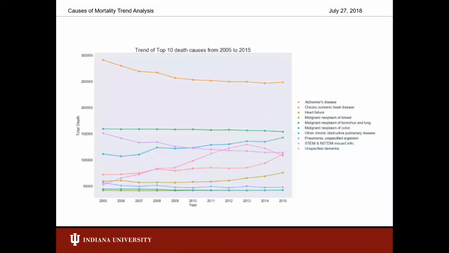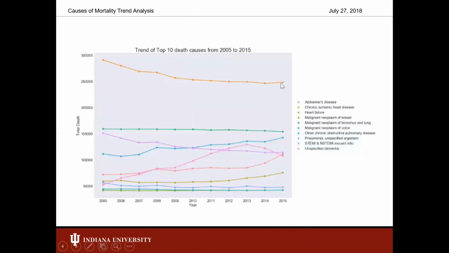So this trend analysis highlights the total death toll versus yearly period over the last 10 years per cause of death. This not only reveals the leading causes of death in the US, but also demonstrates the relationship between the causes in terms of mortality rates. Heart disease is at the top of the mortality cause list and also shows an interesting trend. This shows a decline of nearly 50,000 mortalities from 2005 to 2015, as you can see here.